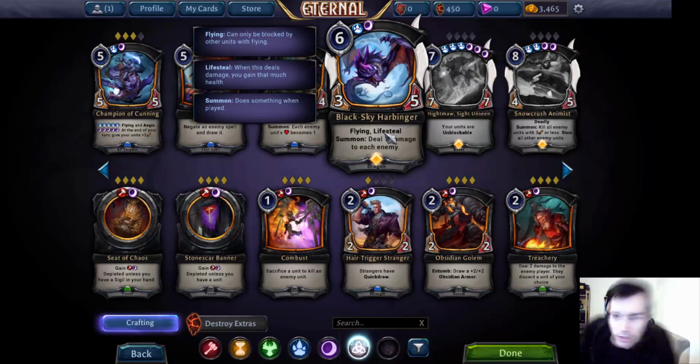Next we have Black Sky Harbinger. As already mentioned, great combo piece together with turn 5 Withering Witch, turn 6 Black Sky Harbinger, kill all the opposing units, gain a bunch of life. But even if not, this usually gains you a couple of life the turn you play it. Might finish off an opposing relic weapon, maybe 1 or 2 small units that are lying around, and after that